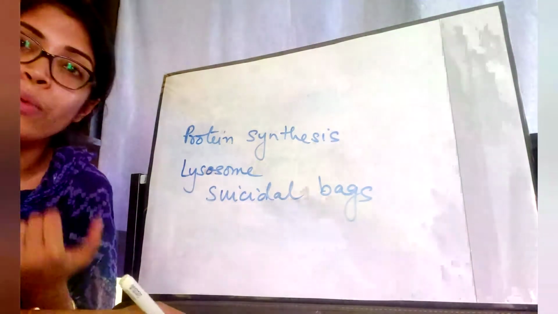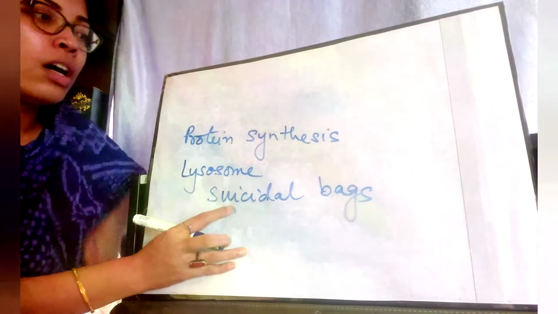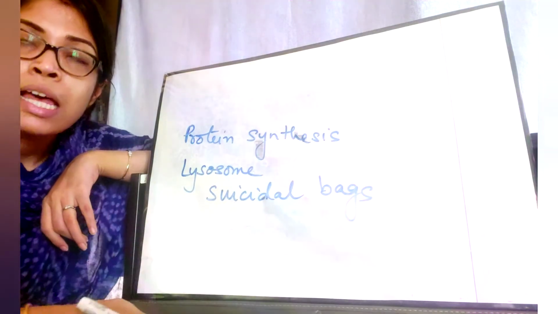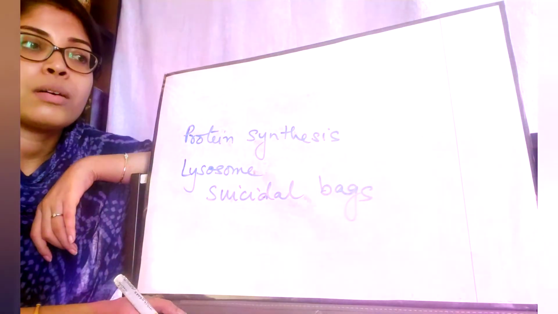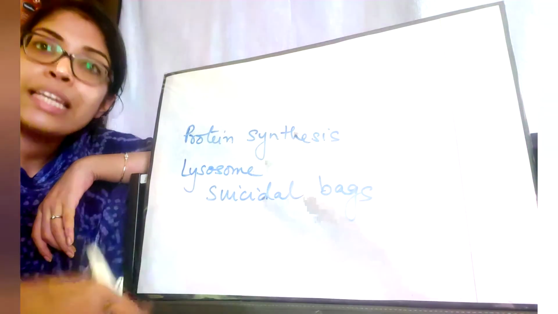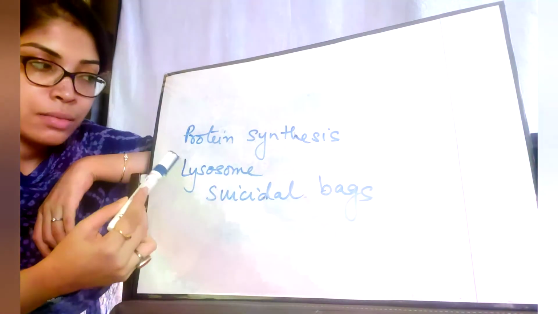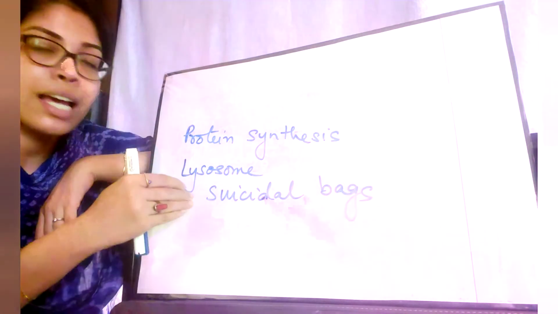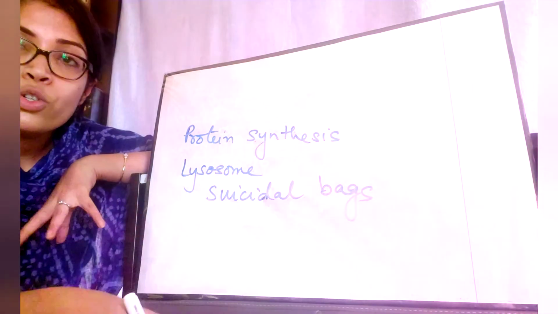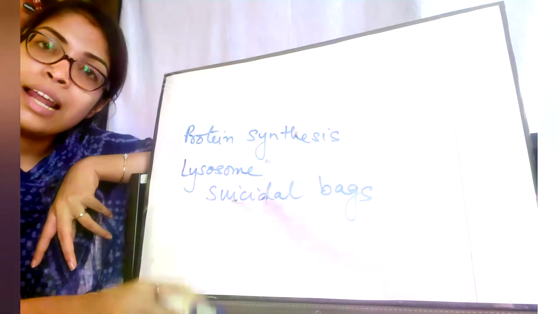So when does it happen and why does it happen? In class 9 also you have learned about lysosomes: when the cell is beyond repair, that is, it cannot be repaired anymore, the cell understands that it's time to kill itself. So how will the cell do that? The cell gives information to the lysosome, and the lysosome will understand that now it's time to burst open and release the digestive juices to digest the cell and its surroundings.